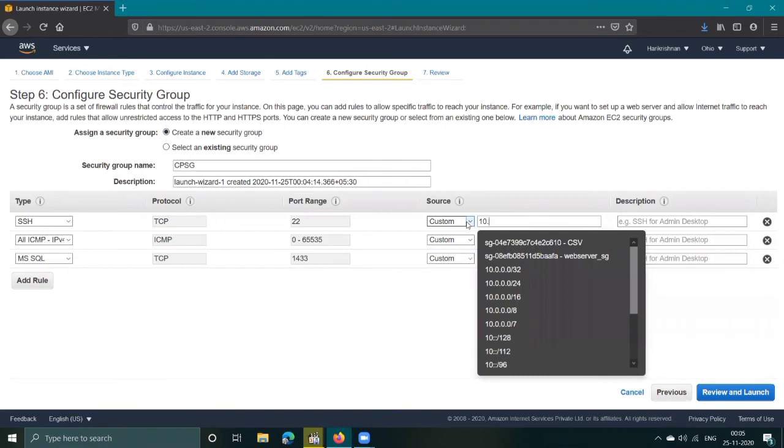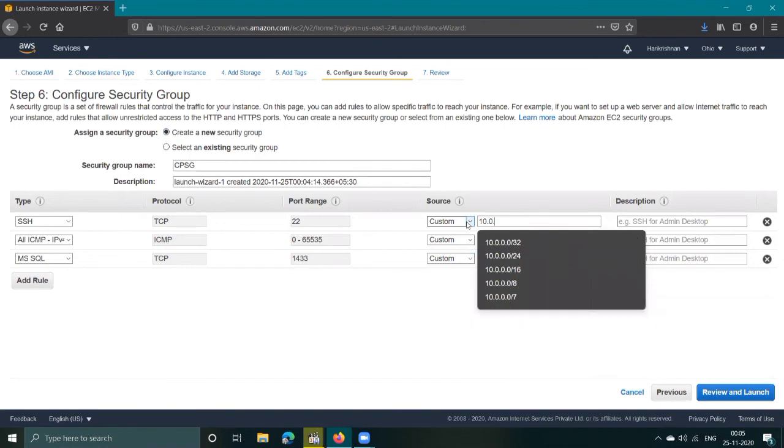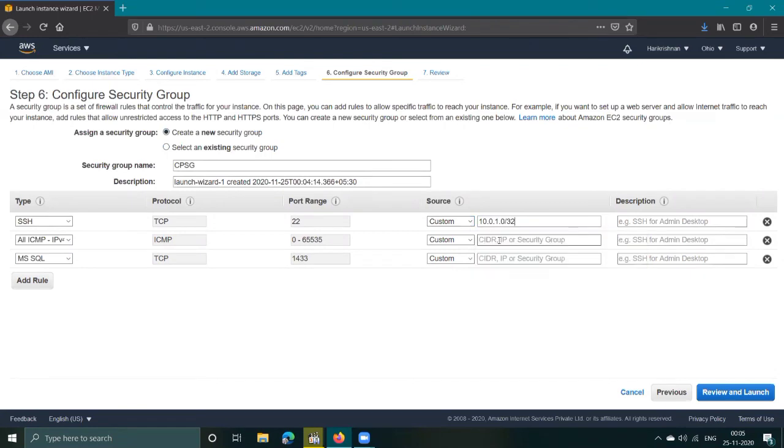Give the security group name as CPSG and give your source IP as 10.0.0.0/24. Do the same for both the ICMP rule and MySQL. You are assigning it this way as it is private access.